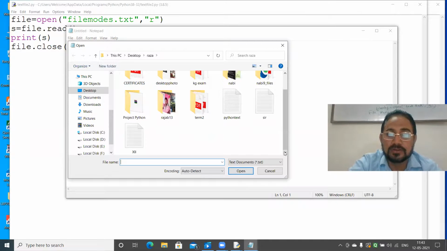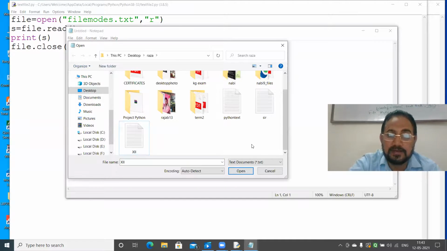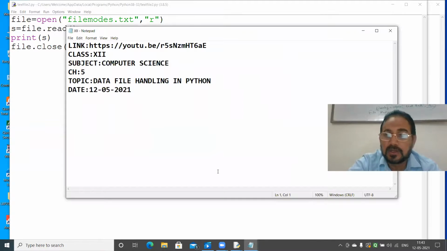Have I saved that or not? I don't know where I've saved that file. No problem. I think that file is not saved. Okay, file modes, let's see.